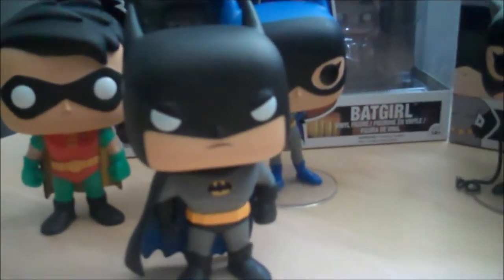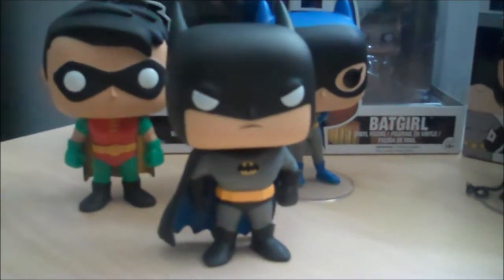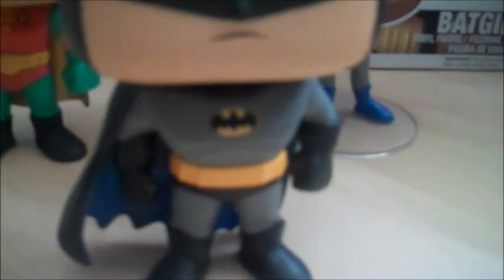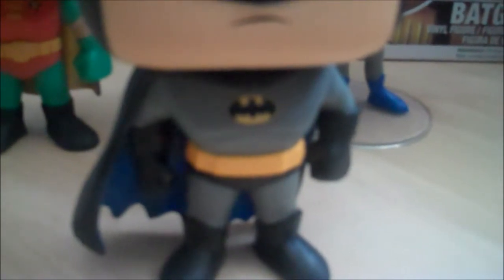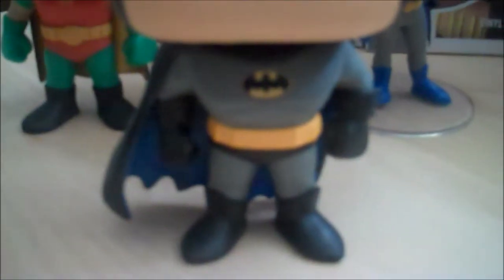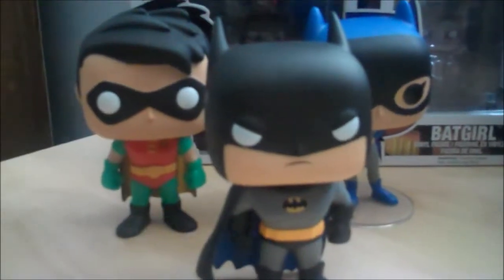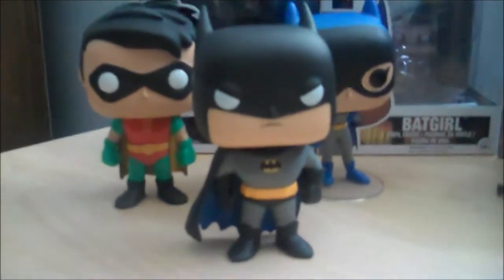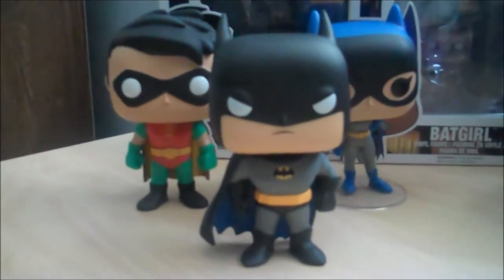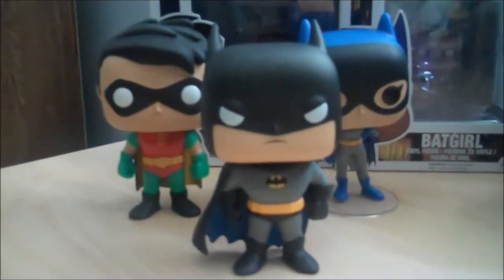I love the fact that this is a Batman with a mouth, because you just can't have this Batman without the mouth, and it just looks like the cartoon character. I also love how he is a little bit more top-heavy. As a matter of fact, a lot of these are a lot more top-heavy, but they've got the pecs in the front, and you've got the beautiful contrast of blue and black on the cape. The only reason why I am not holding him is because he actually is a little hard to stand on his own. You have to find a good angle for him to actually stand, but I love the way that his cape is flowing very much like the animated series when he was standing on the buildings, and I also love the fact that he's got those angry eyes, which makes him just...